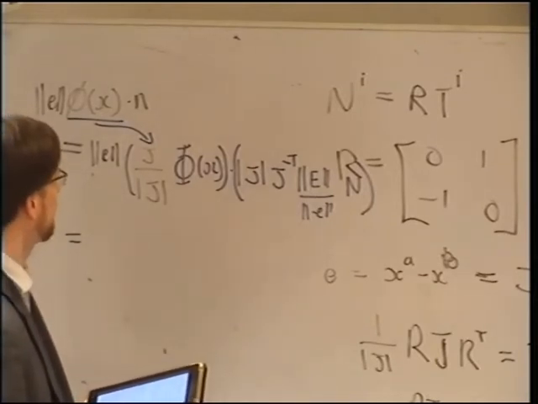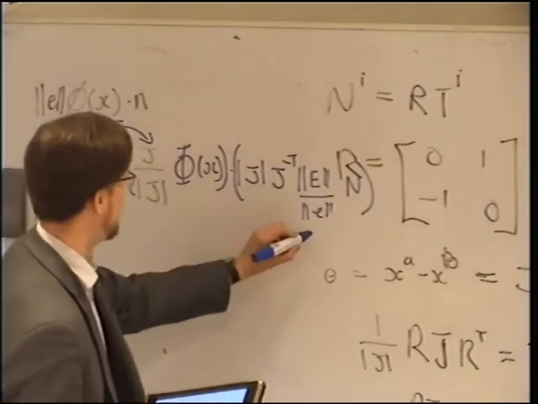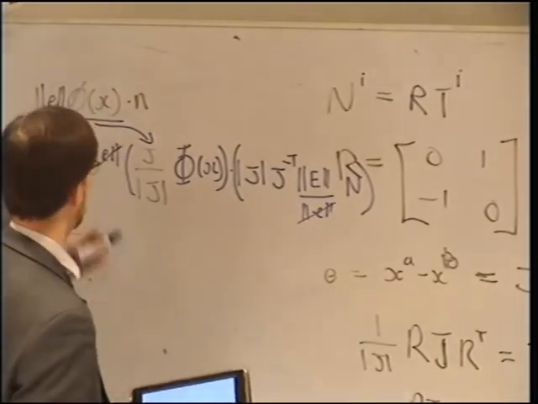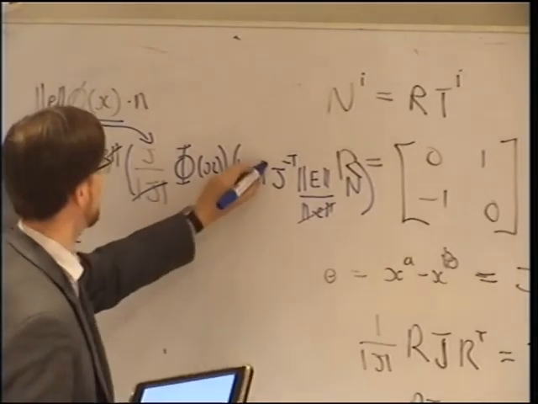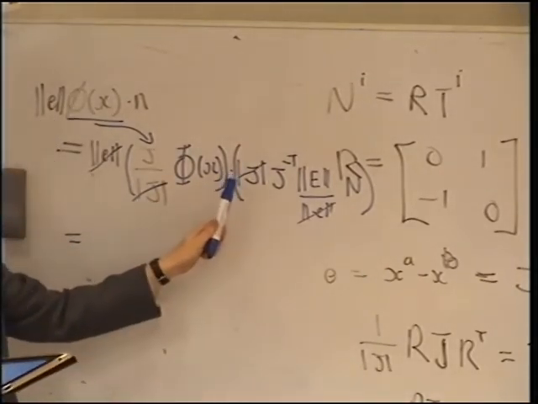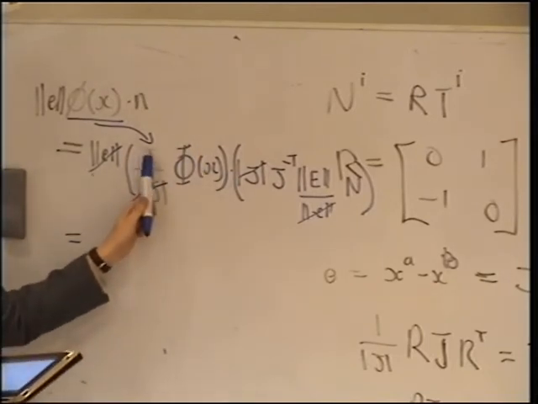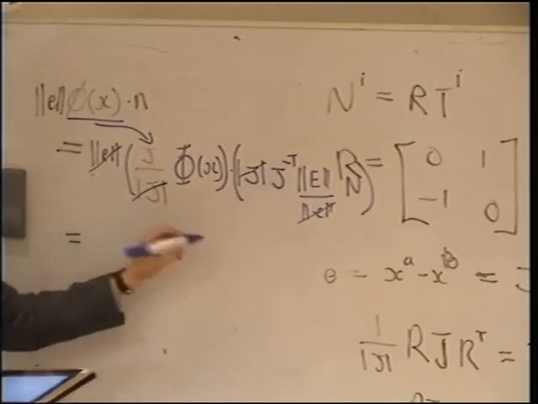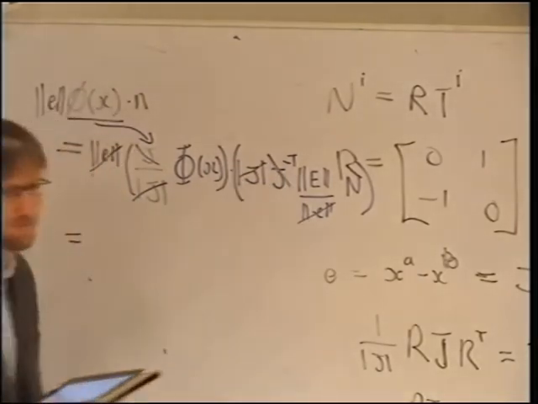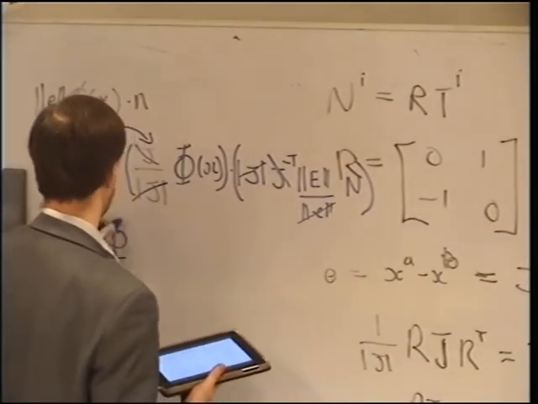So now what does this do? Well, all the scalars just cancel out straight away, right? So that guy cancels with that guy cancels with that guy. And now the fact this is a dot product is important, because that transposes the left operator. So that's J transpose hitting J minus transpose. So that guy cancels with that guy. And so this turns out to be